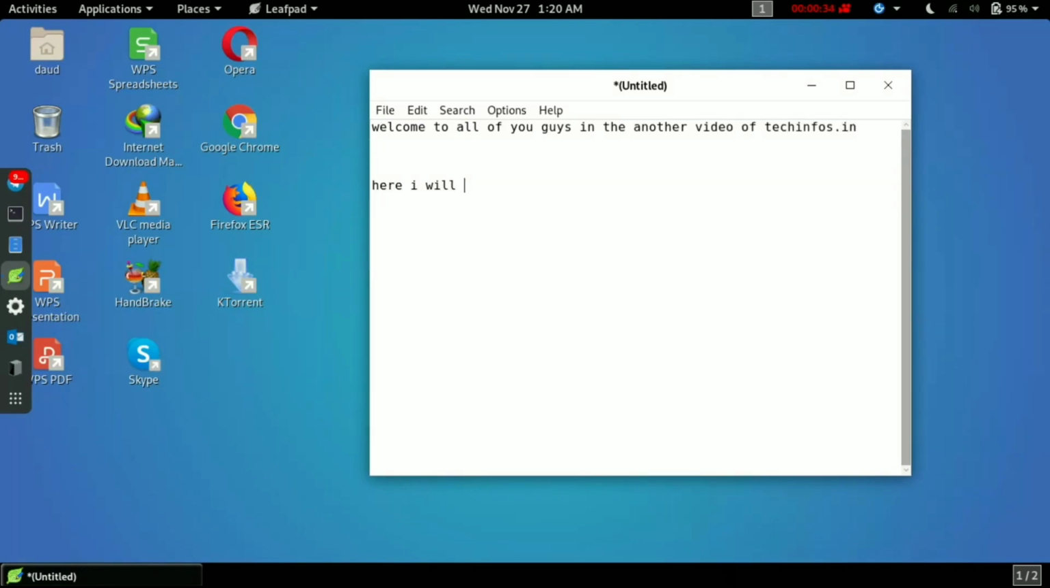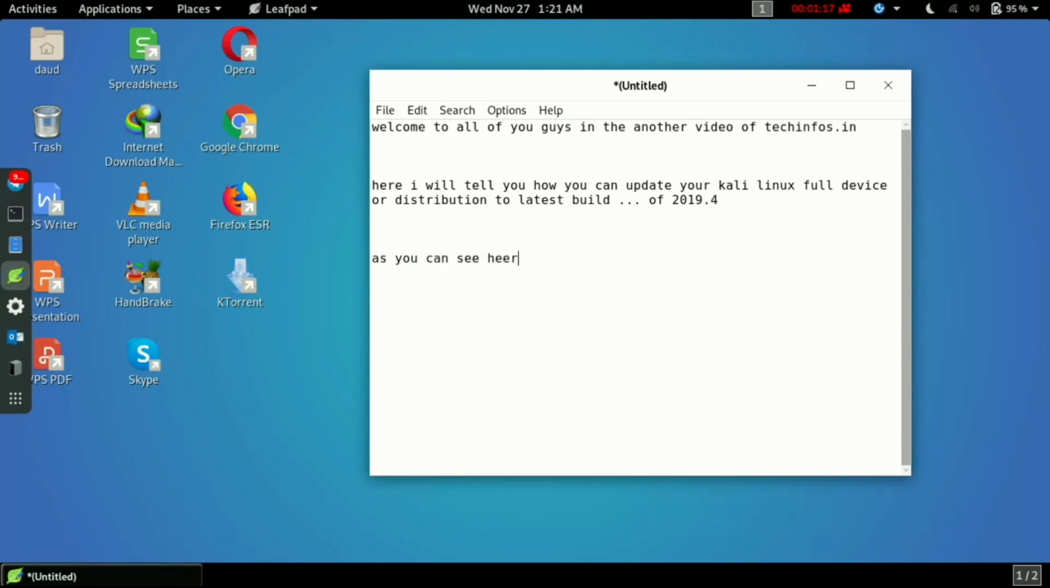Here I will tell you how you can update your Kali Linux to the latest distribution or latest build 2019.4. And in this video you will get a full installation guide of how to update your Kali Linux to the latest build, and you can also